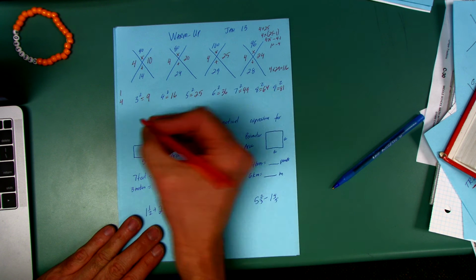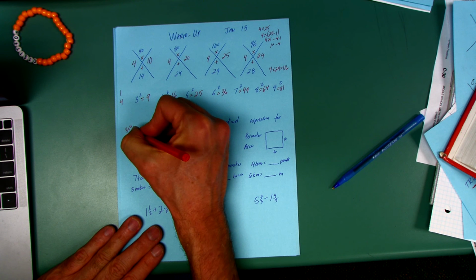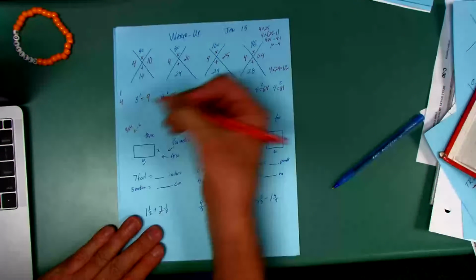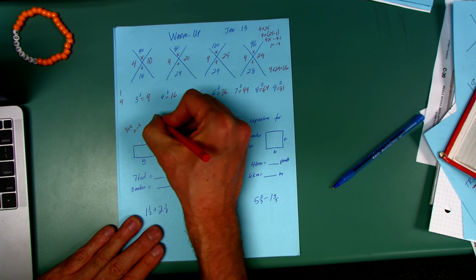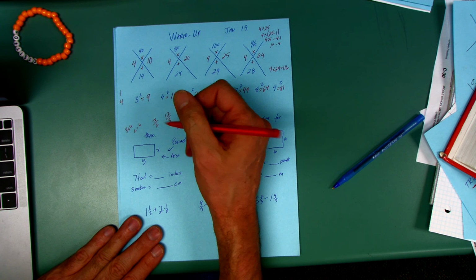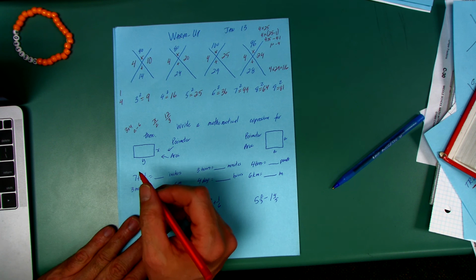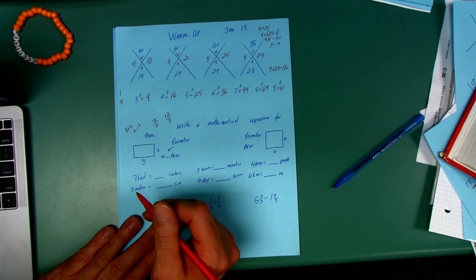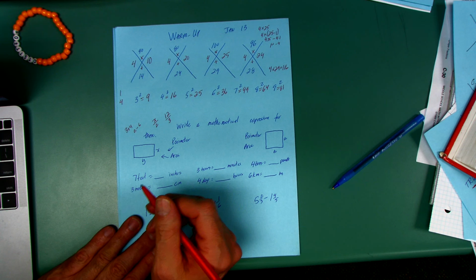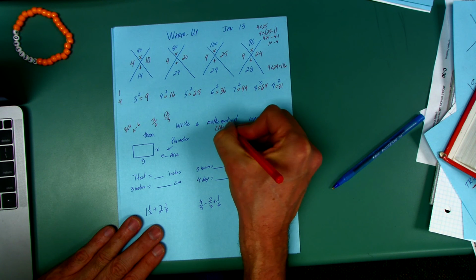Now, what's a mathematical expression? Well, 3 plus 4 is a mathematical expression. A minus 6 is a mathematical expression. X over 2 is a mathematical expression. So is 12 over 3, right? It can have numbers. It can have letters. Once you put that variable in there, you can call it an algebraic expression too. Okay? So mathematical, let's put algebraic expression in there too, because some of these you're just going to have